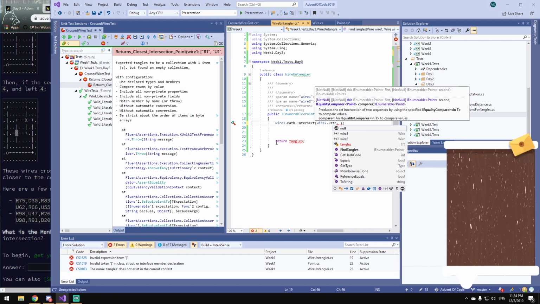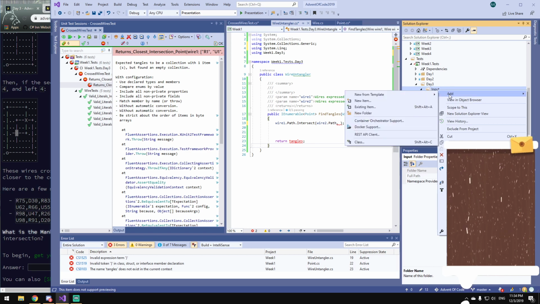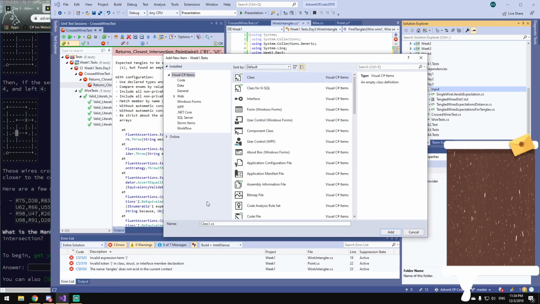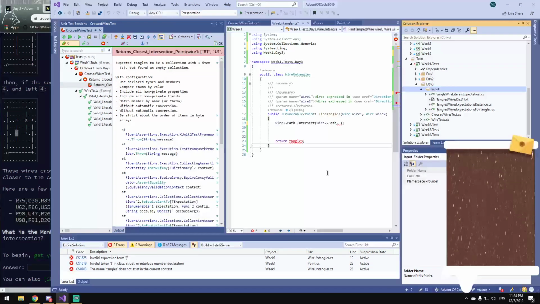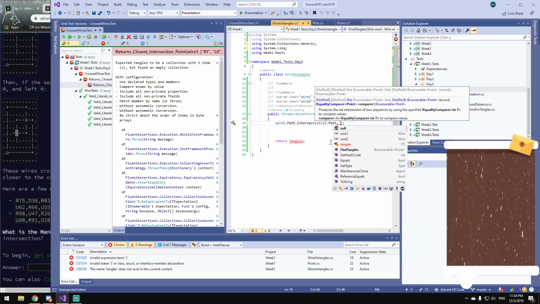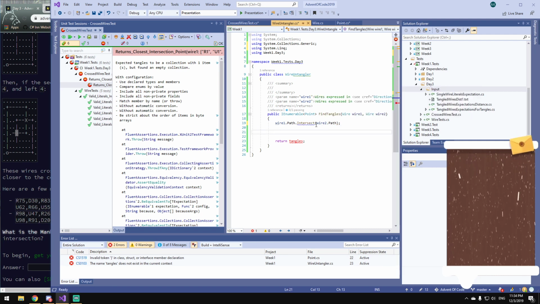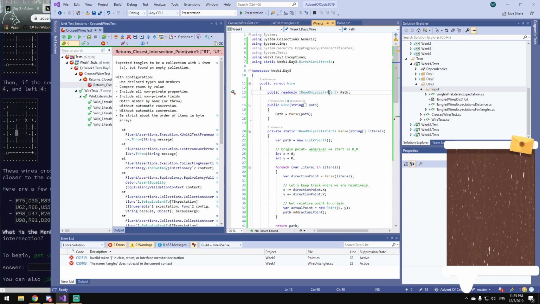Okay, let's implement it then. Or let's see what's the result. Maybe it works as I expected to. It cannot know it for sure right now, so I will go to the point and